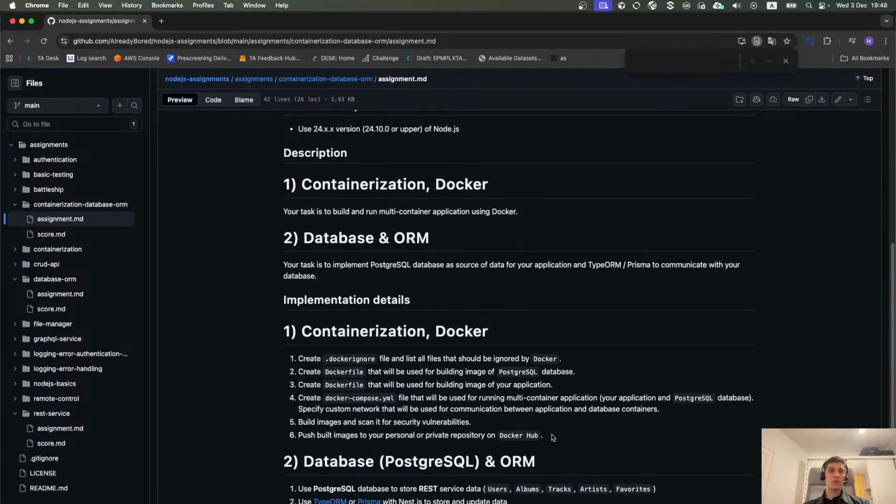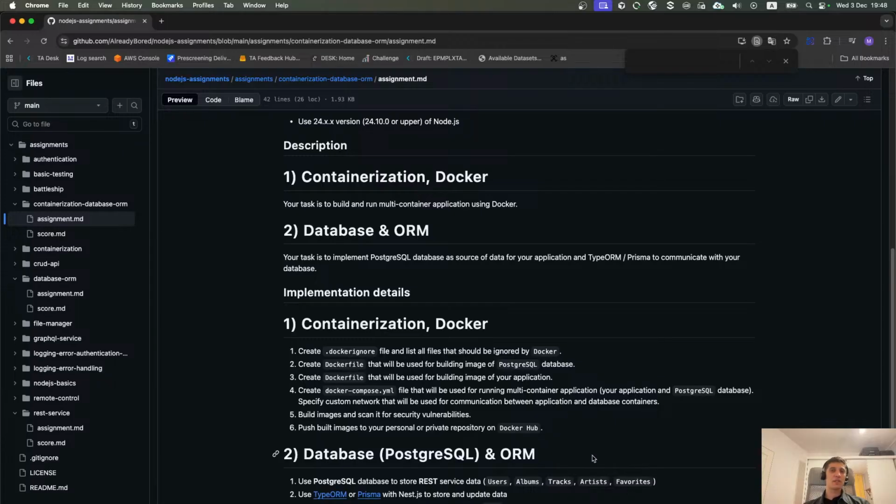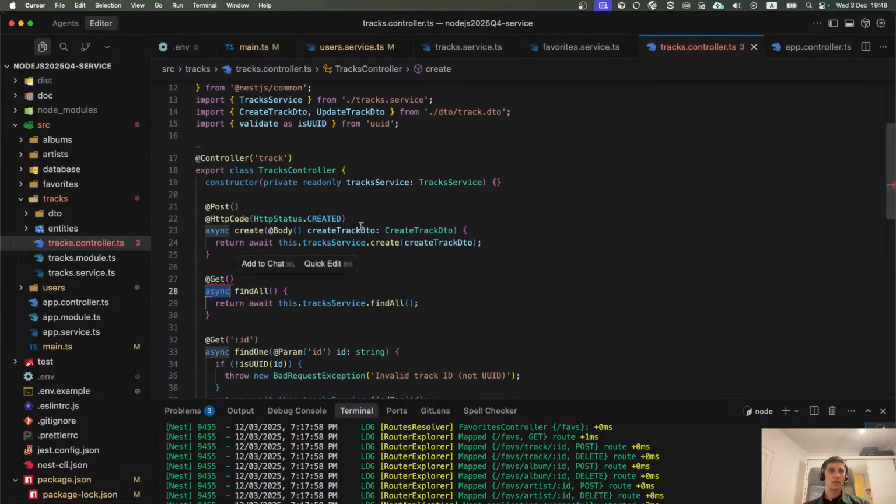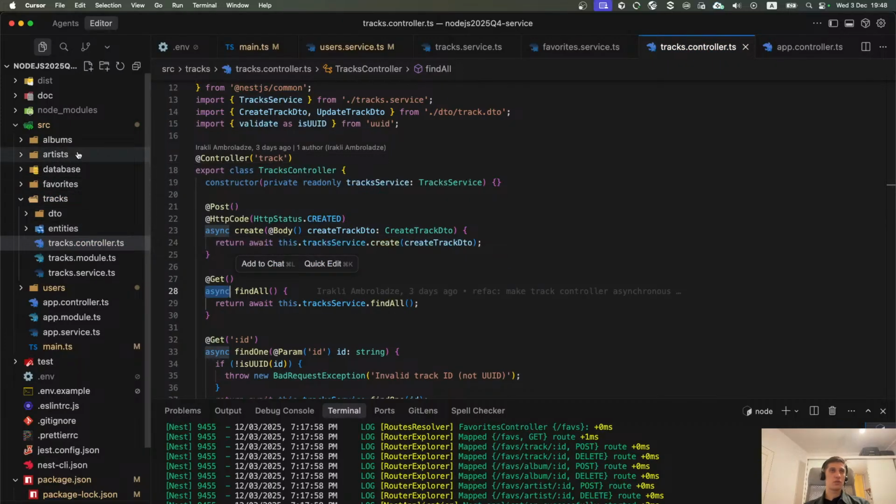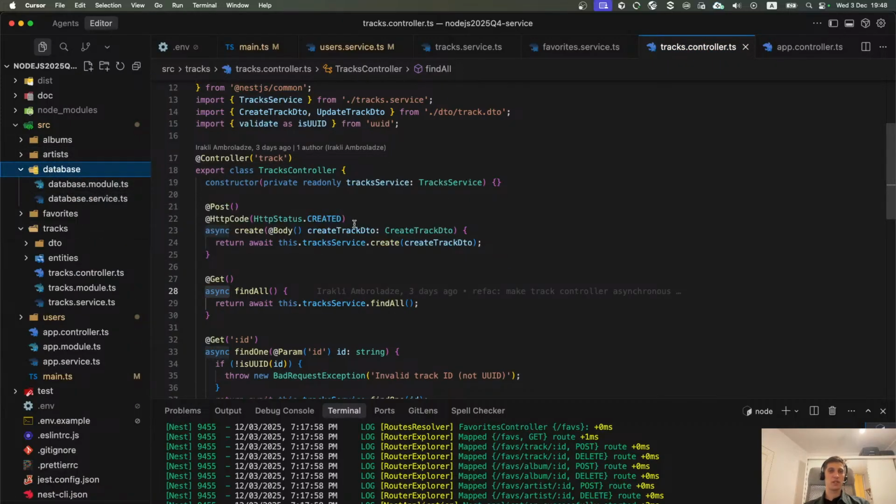So functional requirements are not changed. You should use your integration tests to verify that your service works correctly. The only difference is that you should remove this mock database from your service and replace it with a connection to a real database. And